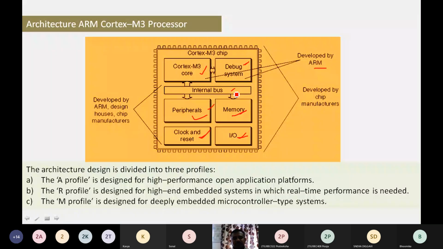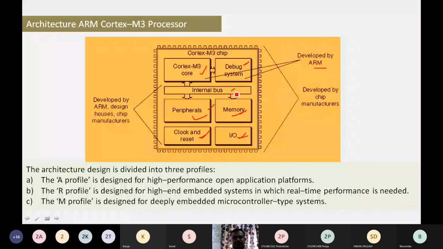The R profile is designed for high-end embedded systems in which real-time performance is needed, and the M profile is designed for deeply embedded microcontroller type systems. So as per the demand of the respective fields of embedded system development, the respective profile is preferred.